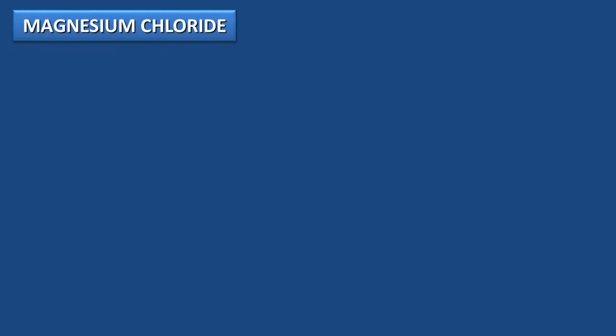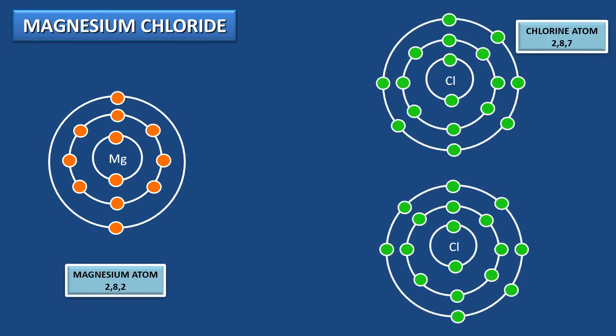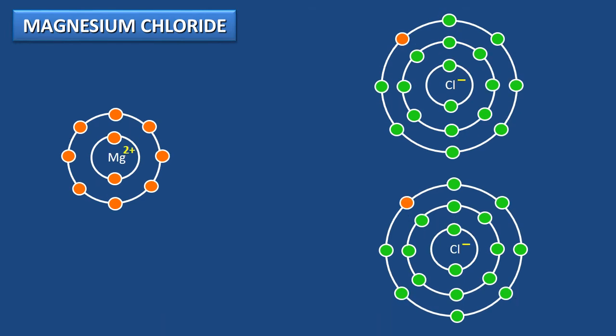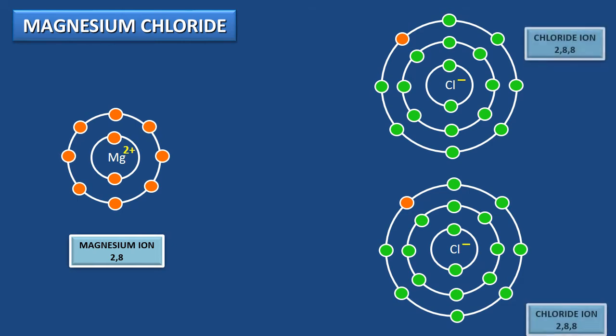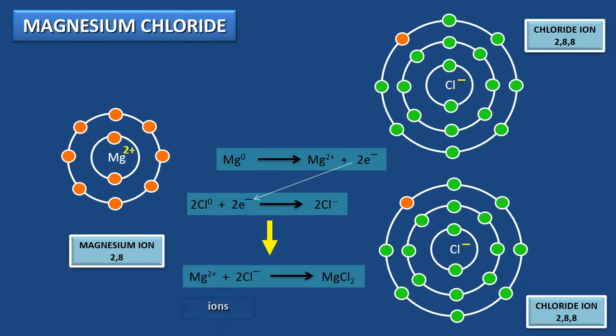Similarly, magnesium chloride is formed when magnesium atom containing 2 electrons in its valence shell transfers its electrons to the valence shells of 2 chlorine atoms. By doing so, magnesium atom forms a cation with +2 as its valency, and each chlorine atom forms a chloride ion. This is shown by chemical equations. Magnesium atom loses 2 electrons, which are absorbed by 2 chlorine atoms, and they form magnesium chloride. The unit of its formula is MgCl2.